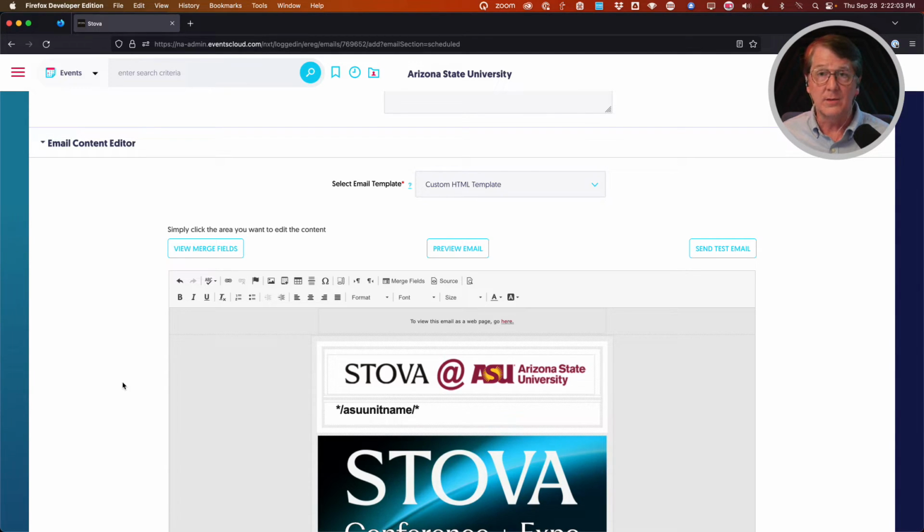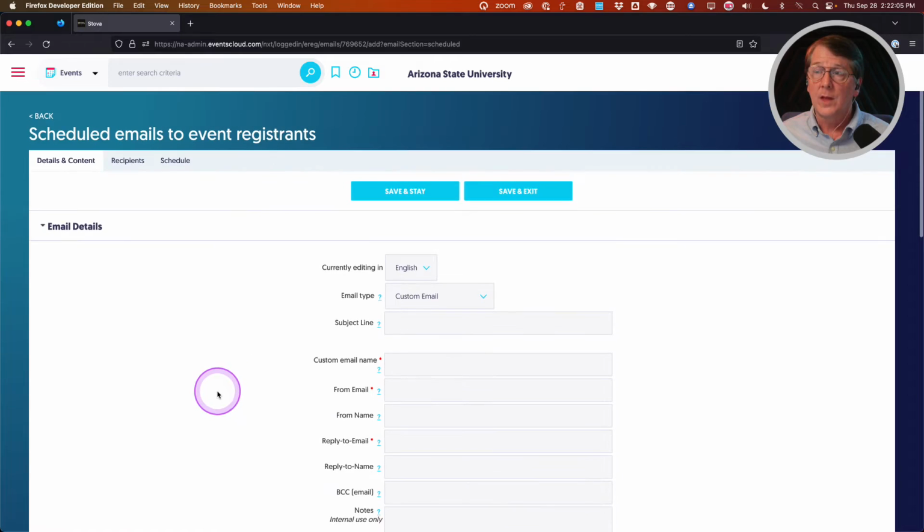the scheduled emails. Okay. So you can do that from even other events. If there's a custom email you created and you didn't happen to clone that event, you can go back to that registration, copy the code, come to your new registration and paste it. So again,